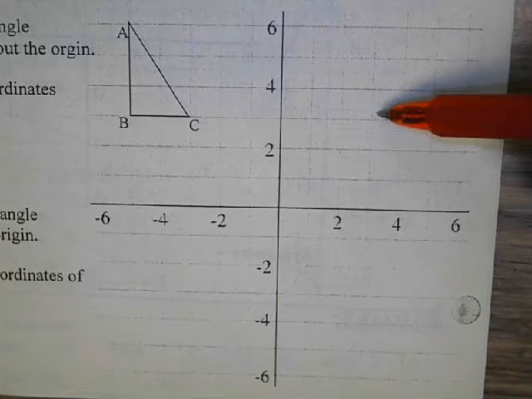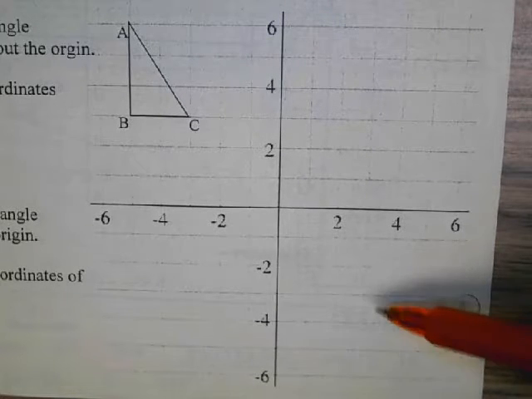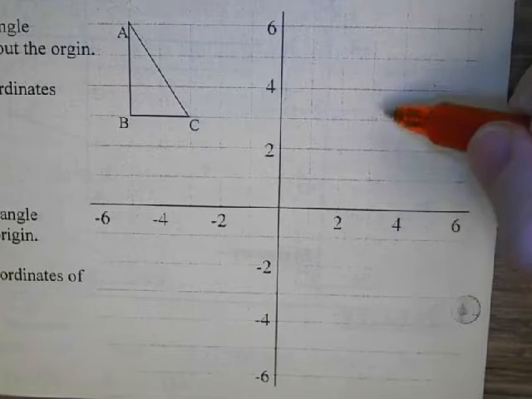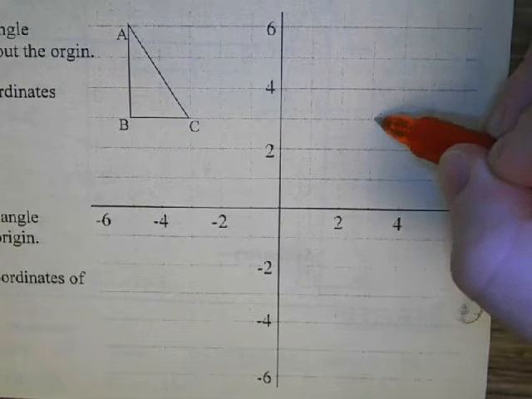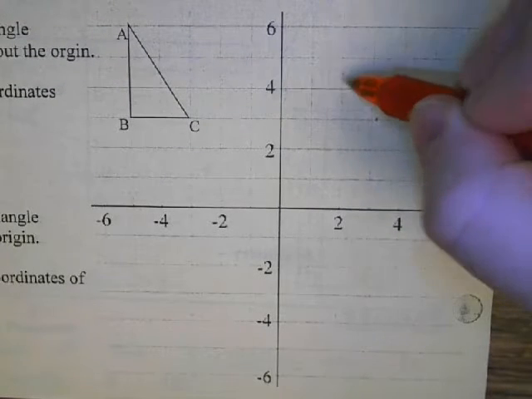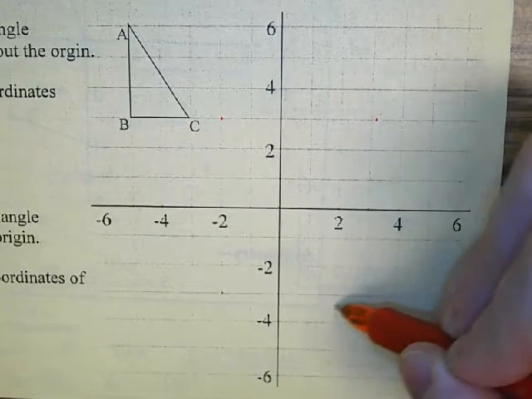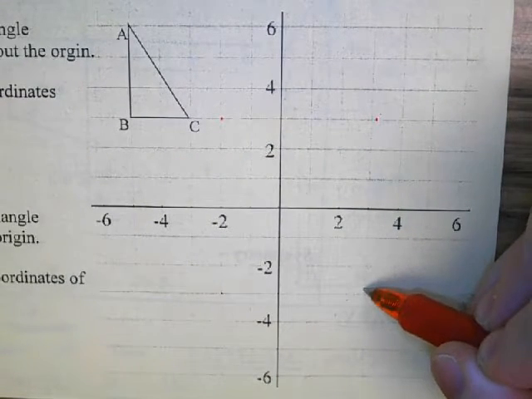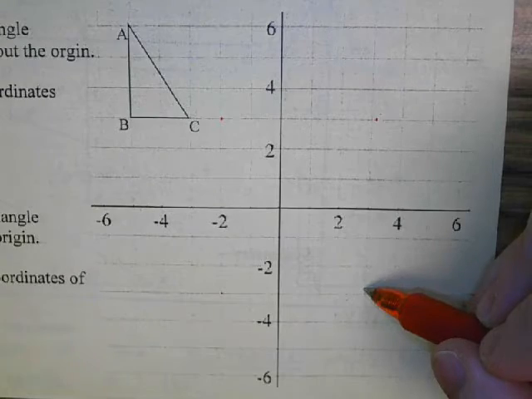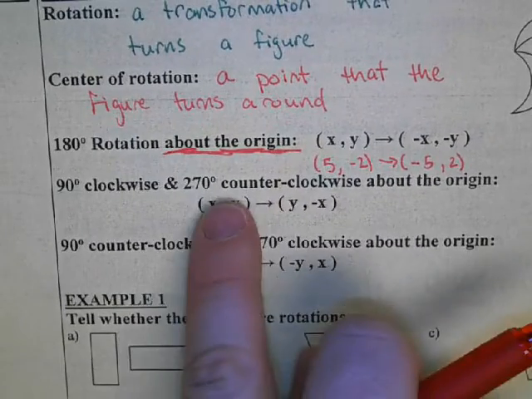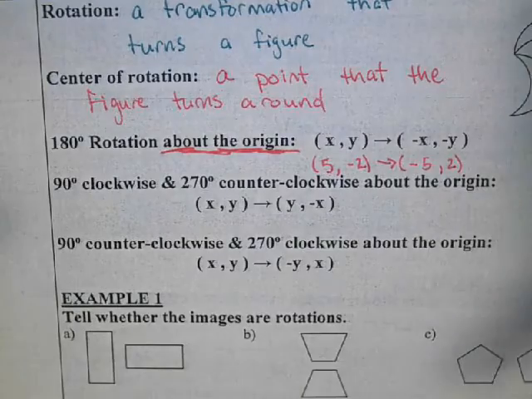So I'm going to end up here. But if I started here and I did 270 degrees counterclockwise, well, here's 90 degrees, here's 180 degrees, and then here's 270. So you end up in the same position as if you did a 90 degrees clockwise. So these 90 degrees clockwise and 270 degrees counterclockwise are the same